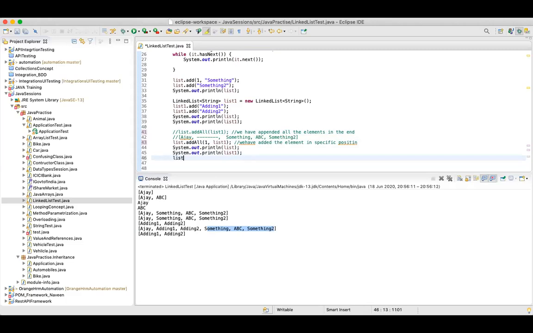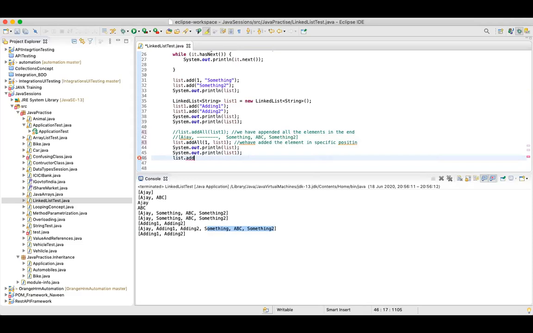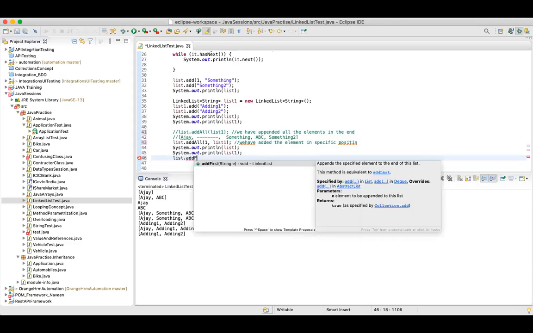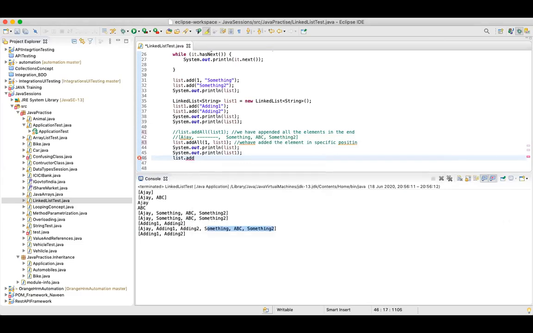So I have one more method over here. Let me search the method. Okay, we have a method called addFirst. What is this method doing? This method will add an element into the beginning of the linked list. This is specific for linked list.